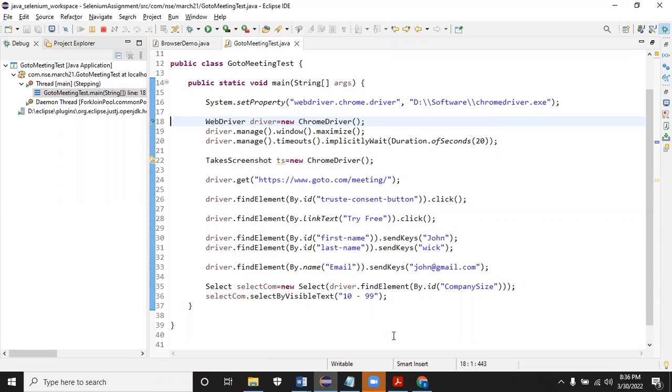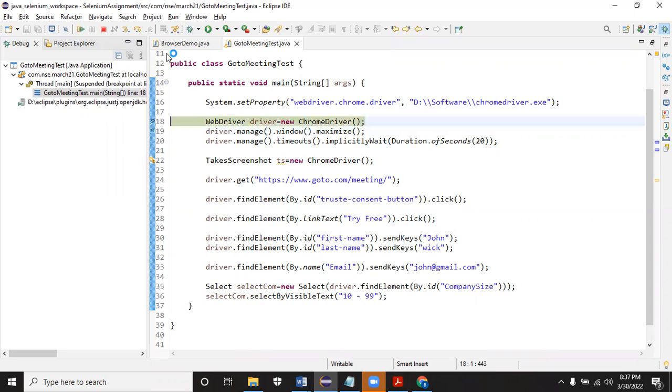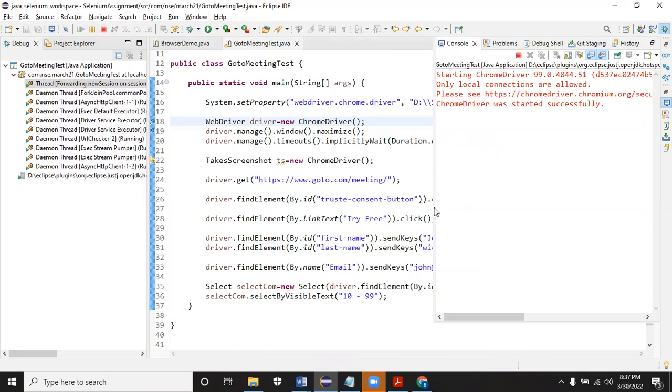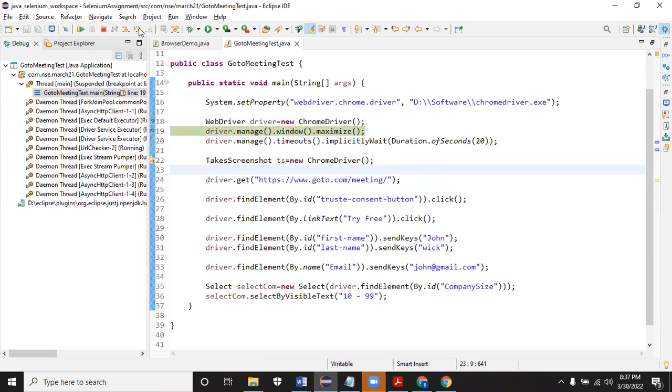Now, it takes some time. Let me put a breakpoint here. You see a browser is launched. Now I'm doing a maximize and setting the implicit wait.